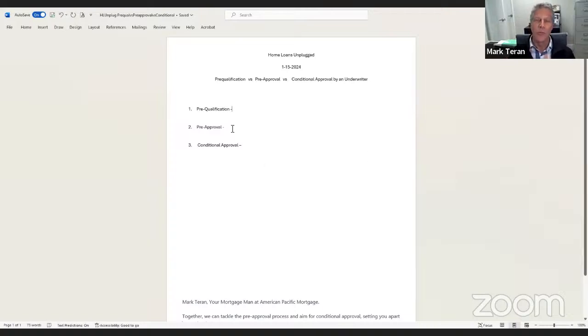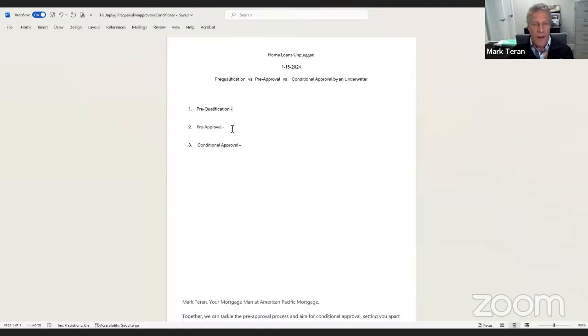Conditional approval is where, yes, we need to get all the proper documentation in because the underwriter and the processing team, so it goes from the loan officer over to the processing team that packages that whole file up and sends it into underwriting. And it doesn't get sent to an underwriter until we have all the proper documentation. And that documentation has been reviewed. And oftentimes there are questions that come up on that documentation. And so that may beget more documentation needed before we are prepared to submit that file to the underwriter.